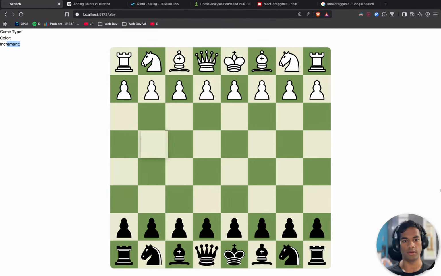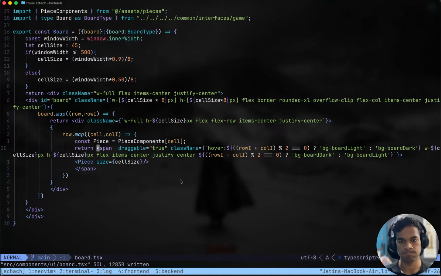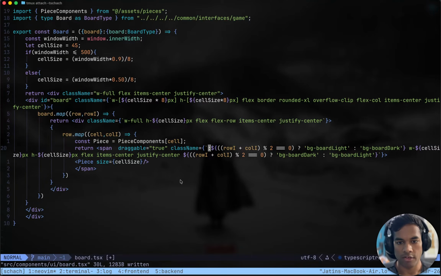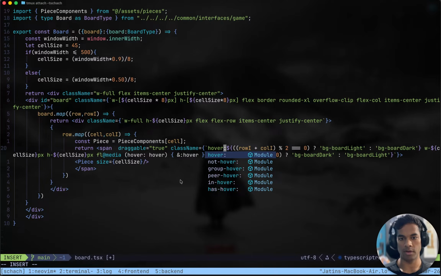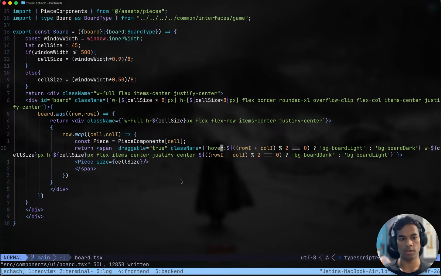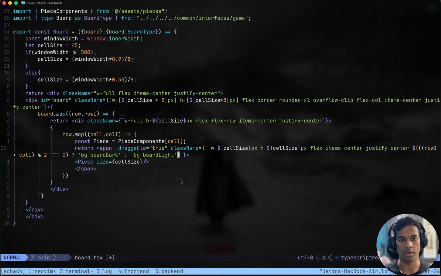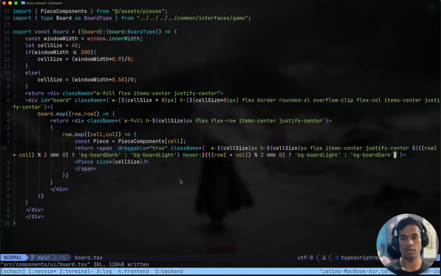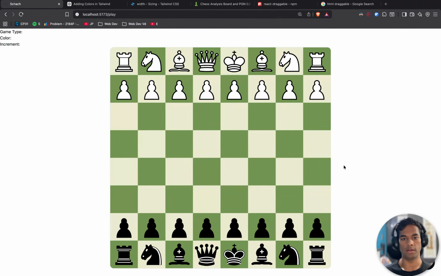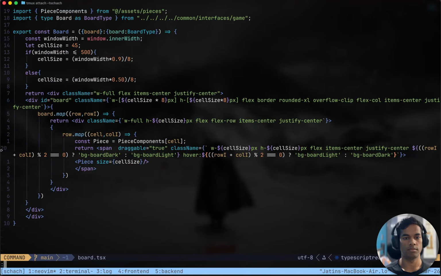Hover is not working. Class name hover, do this, and normally do that. Okay, hover has to come later on. Makes sense. Hover comes here. Cool. Still nothing.